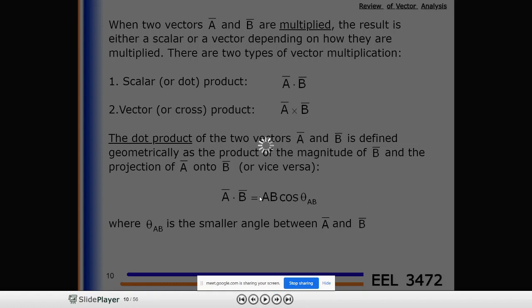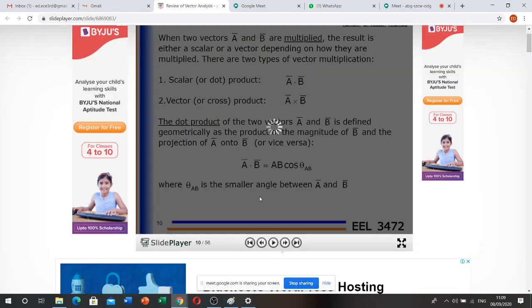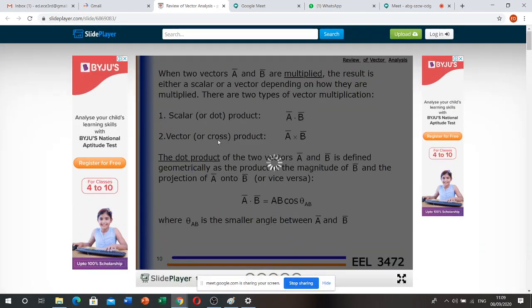You can tell that this is about dot product, and next we have cross product, or vector product. Now here you end up with a vector. The difference between these two is that in the dot product you will end up with a scalar quantity. Even though you are multiplying two vectors, the result will be a scalar quantity. In the cross product, if we multiply the two given vectors, the resultant output is again a vector.